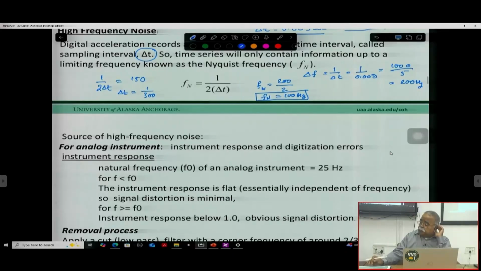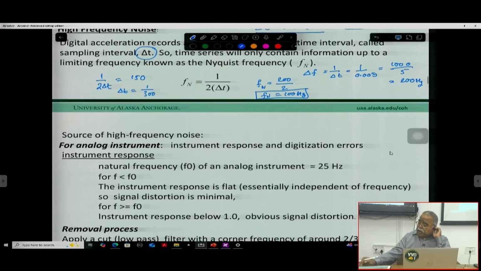Okay, so we also need to know the instrument response during the analog